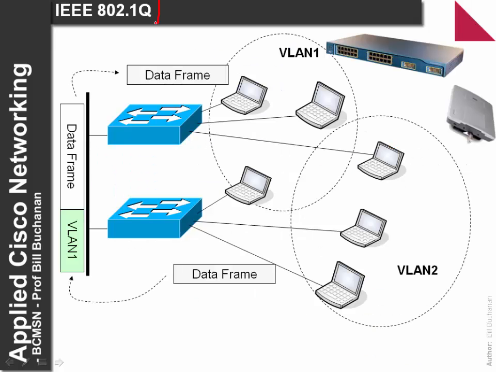The trunking protocol that's used is 802.1q. 802.1q is enabled to allow the trunking to happen, and basically it adds extra information onto the data frame which tags the VLAN that the node is in. So we have a normal data frame, it goes through the switch, 1q adds this extra information to define the VLAN, goes across the trunking route, the switch picks it up, strips off the VLAN information, and then it is sent to the required node within that VLAN.